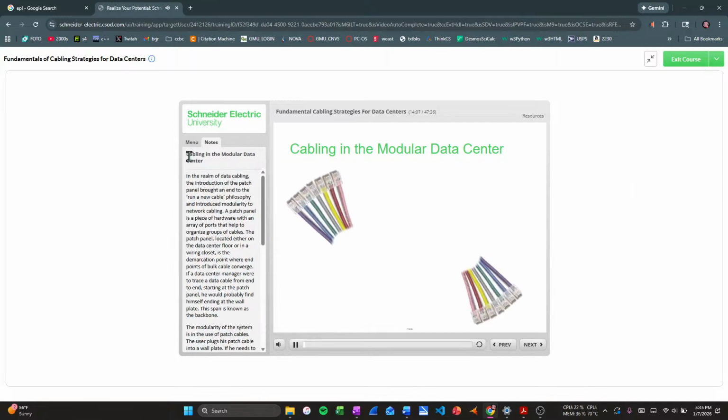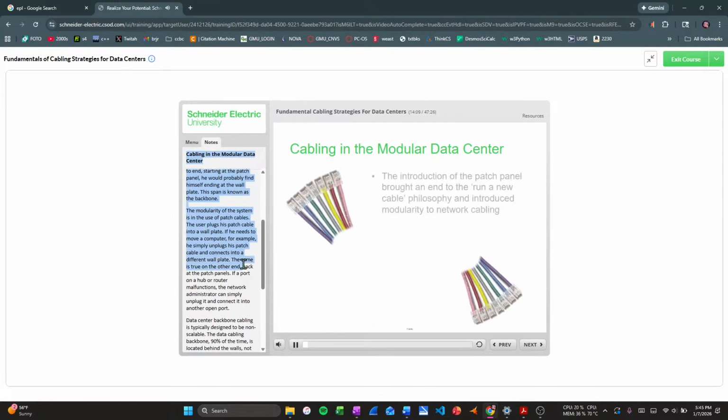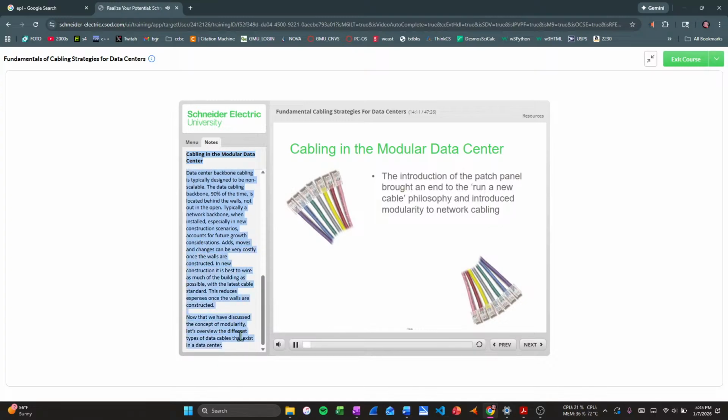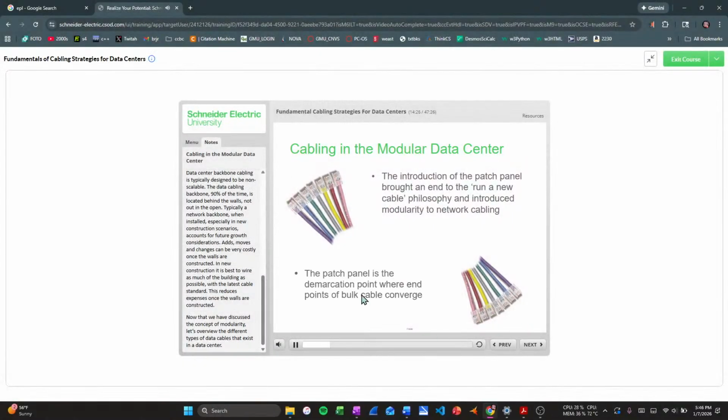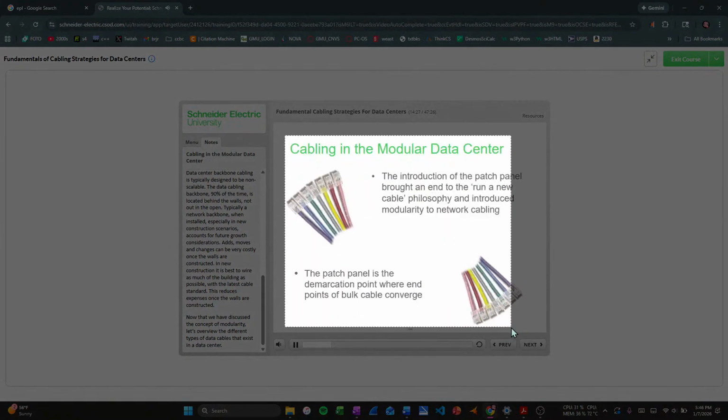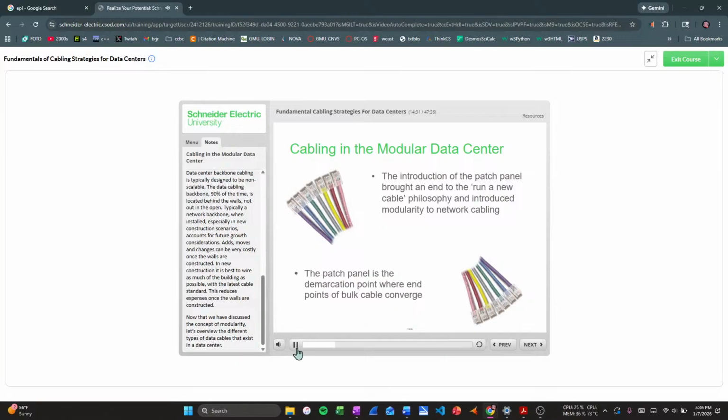In the realm of data cabling, the introduction of the patch panel brought an end to the run-a-new-cable philosophy and introduced modularity to network cabling. A patch panel is a piece of hardware with an array of ports that help to organize groups of cables. The patch panel, located either on the data center floor or in a wiring closet, is the demarcation point where